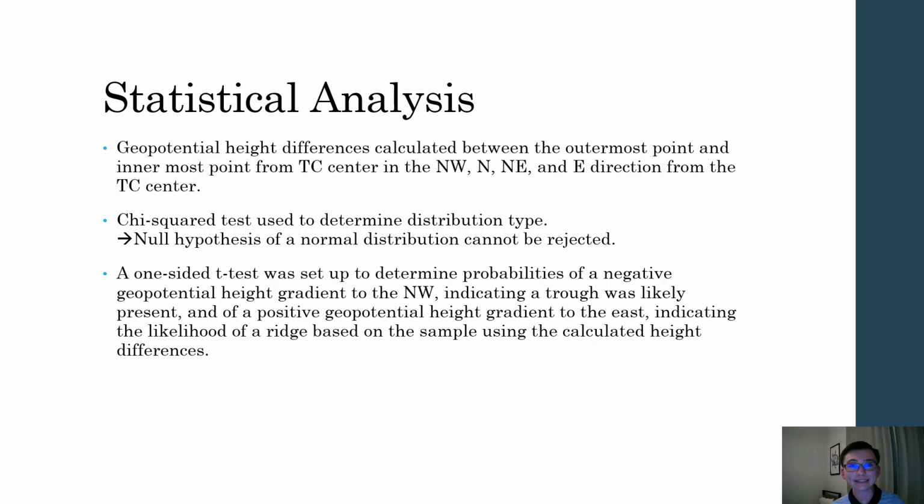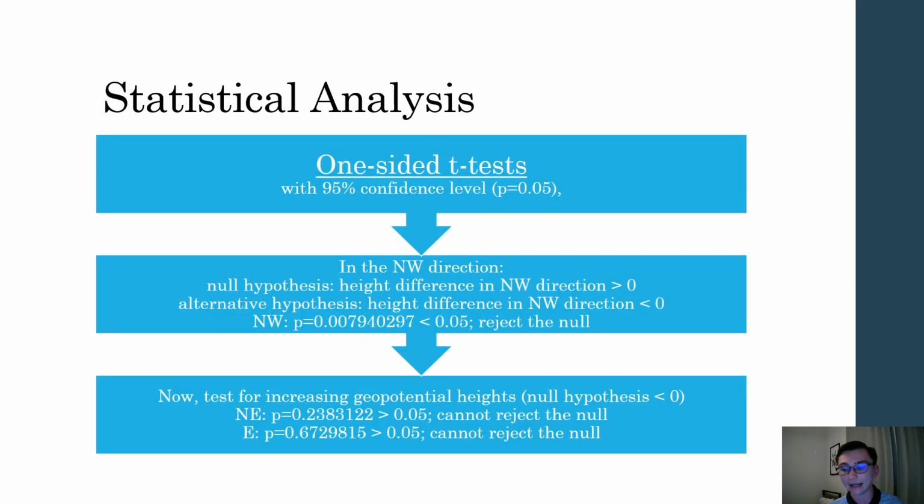A one-sided t-test was set up to determine probabilities of a negative geopotential height gradient to the northwest that would indicate a trough was more likely present, and a positive geopotential height gradient to the east indicating a likelihood of a ridge, based on the sample using the calculated height differences. So the one-sided t-test with a 95% confidence level, that's the probability of 0.05 or less to reject the null